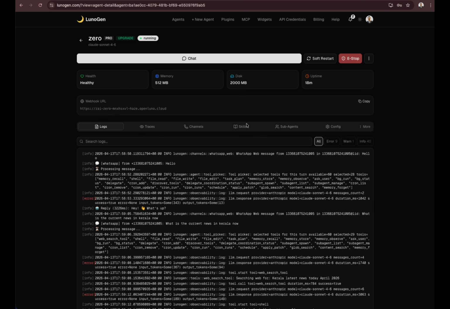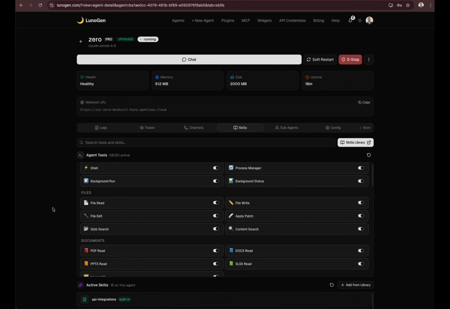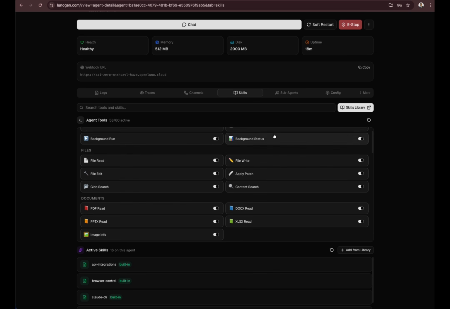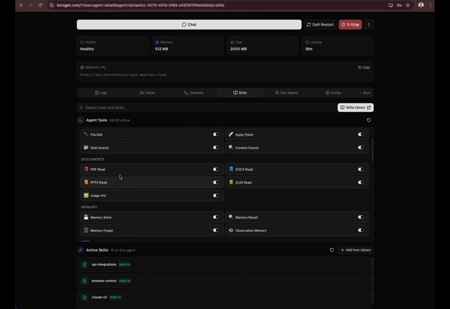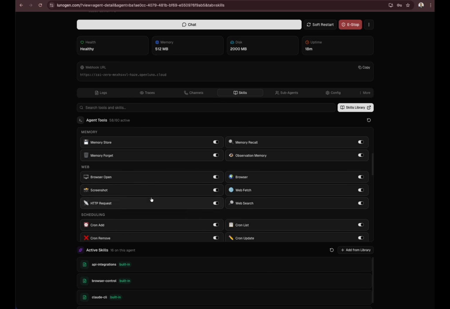We can explore all the features here. Now let's explore the skills. The agent is pre-installed with many skills required for an agent such as shell, which means the agent can execute shell commands within an isolated environment. And it's packed with process manager, background runs, background status to see the status of the background runs, and the file tools, options to read the file, edit, etc., and the document tools,